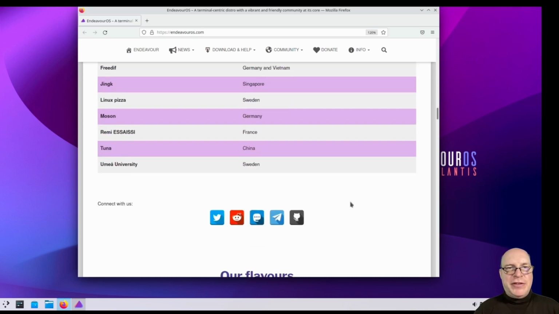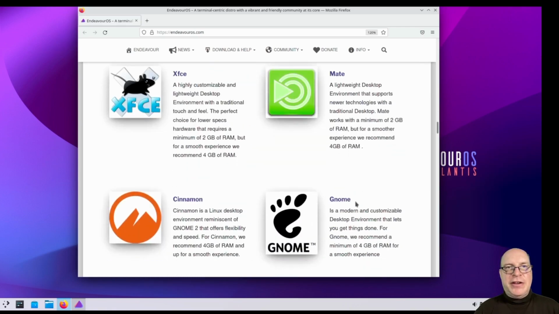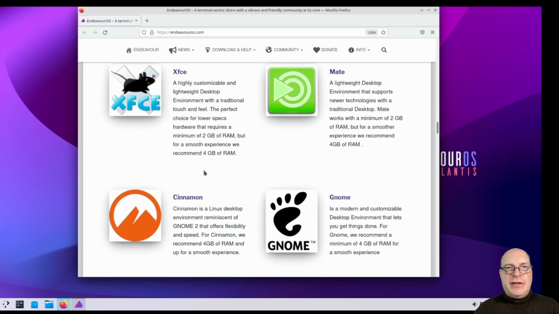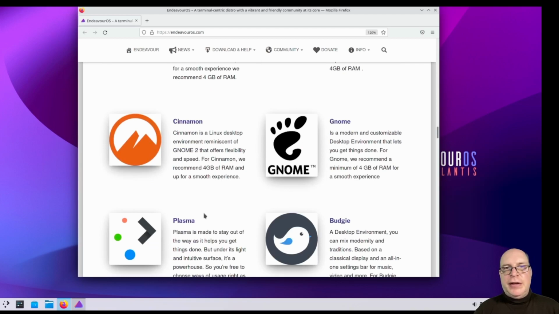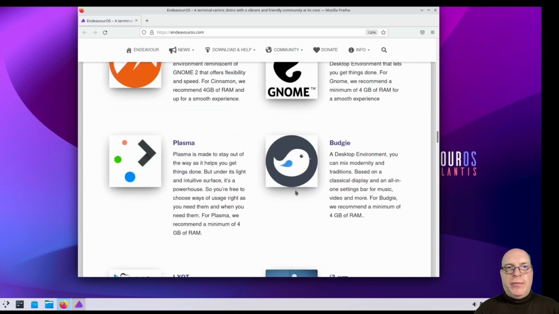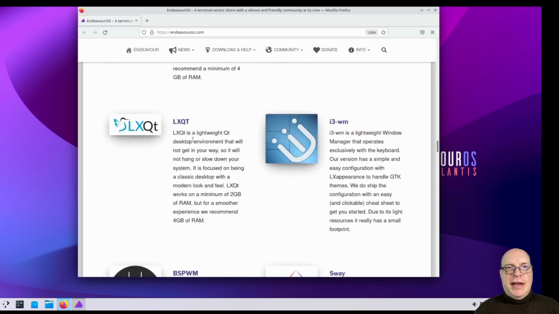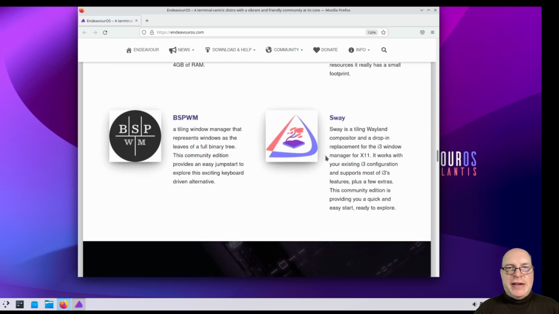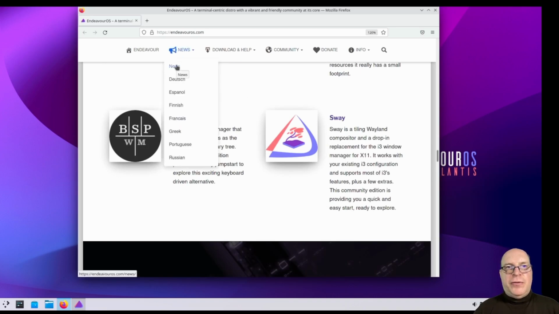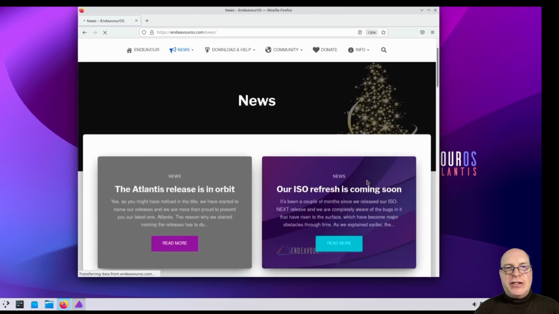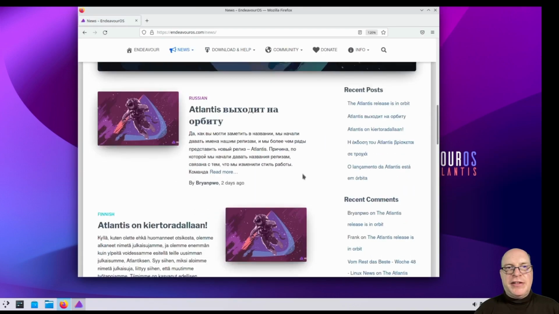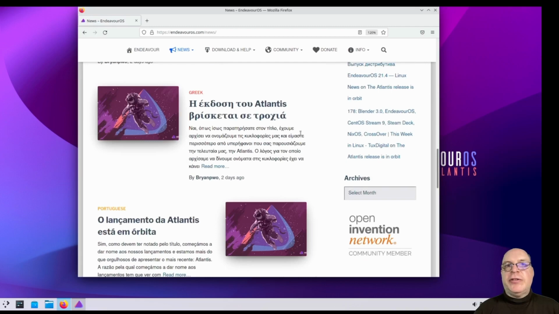Here we've got a list of mirrors where you can download the ISO. You've got XFCE, Mate flavors, XFCE is default, Cinnamon, GNOME, Plasma, which we're currently running, Budgie, LXQT, then some window managers, i3, BSPWM, and Sway, which are community editions that you have option for. Under the news section, you've got the Atlantis release, different languages, including Greek,